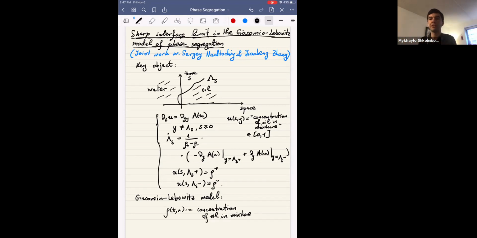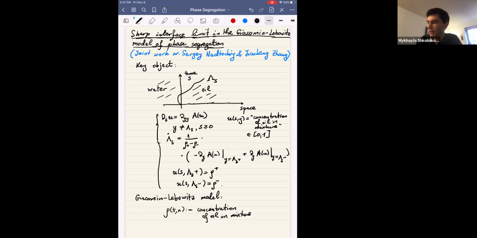So at any location in the mixture, you have some sort of concentration between 0 and 1. And in fact, there is no strict separation between the two phases, right? So if you zoom in on a little bit of the mixture, somewhere in this glass, you will not see just pure oil or pure water. You will see some mix of the two at some concentration, right? So maybe closer to pure oil or closer to pure water, but the concentration will be strictly between 0 and 1 at all places.